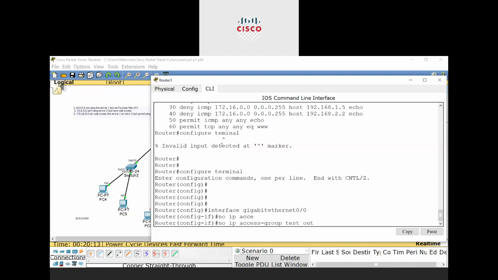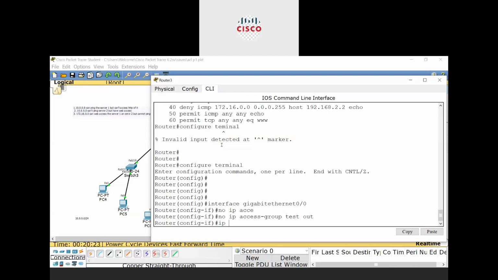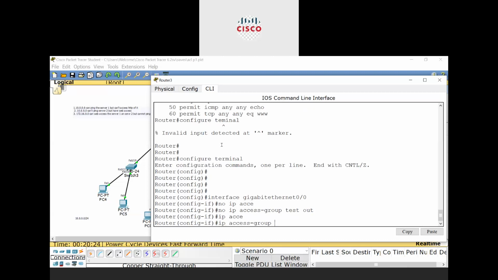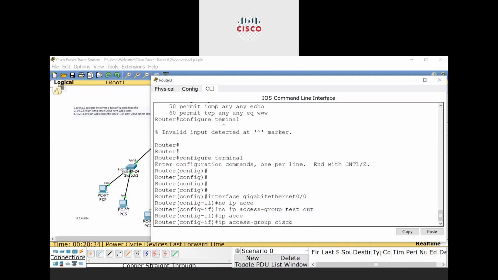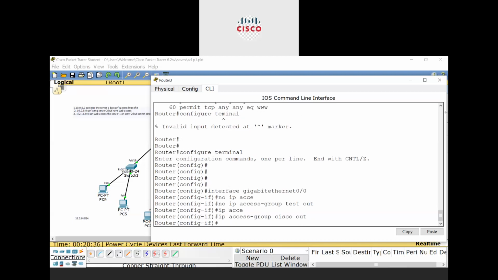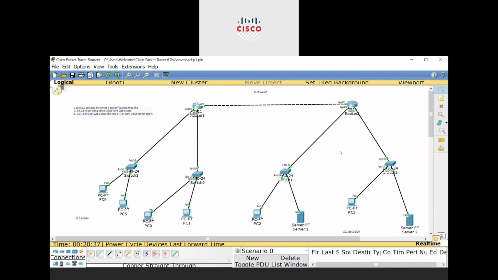That is the command that I will use to remove the applied access list that no longer exists in my configuration. So I have to remove this. Then I will continue: ip access-group, and the name is Cisco. Yeah, Cisco. That is what we have done.